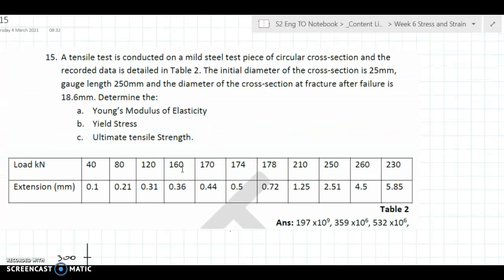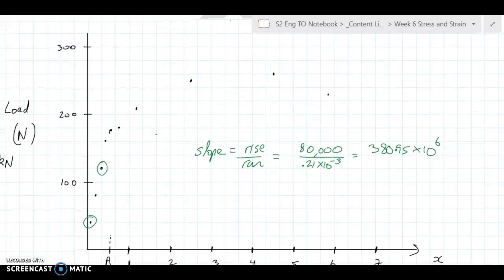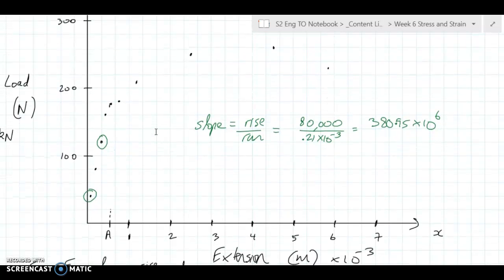Now we're looking at question 15, part B. We're looking to calculate the yield stress here. Well, first of all, we look at the graph here, and we see that the yielding behavior starts. Where does the yielding start? The yielding starts around